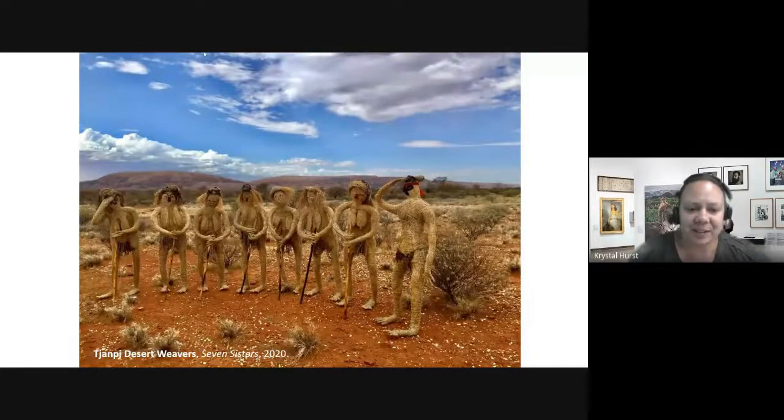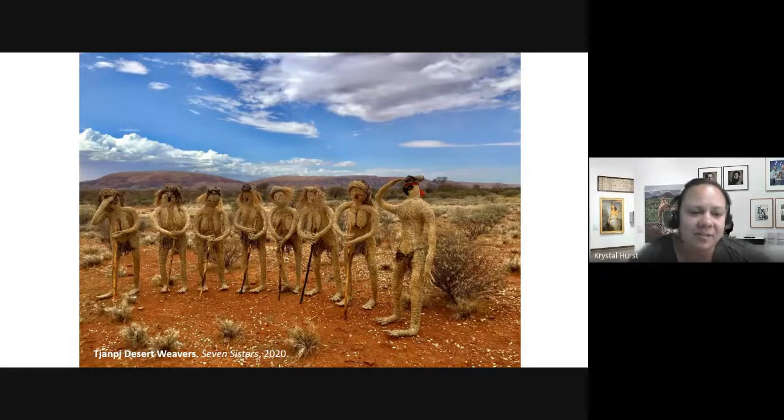And one of the artworks that we focus on here is the Jumpy Desert Weavers' Seven Sisters weaving installation that some of you might have heard about. That was a part of the Know My Name exhibition celebrating women artists across the sector.